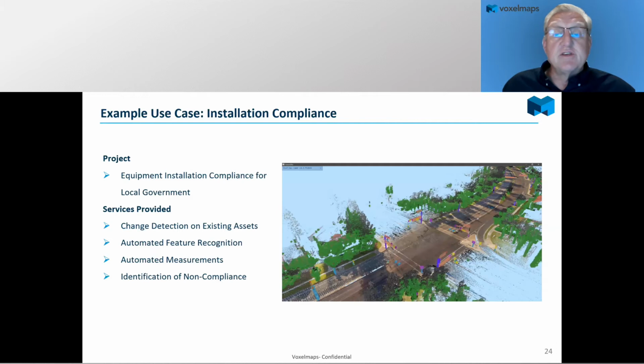Another use case is installation compliance. This one was for a local government. They wanted to look at change detection on existing assets. If you remember the slide that Peter talked to with the voxel structure and this whole 4D capability, in this case, it was very valuable because we had an existing data set that the customer had collected, put that into the voxel structure, and we drove the area and then took that data into the voxel structure and did a simple change detection. So being able to identify places where new signage, maybe work on an intersection where there